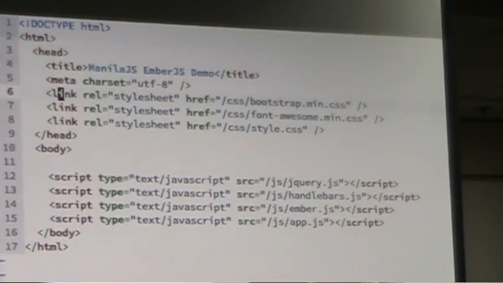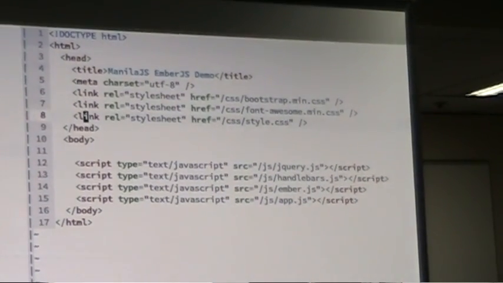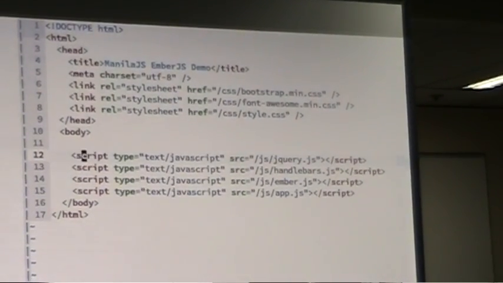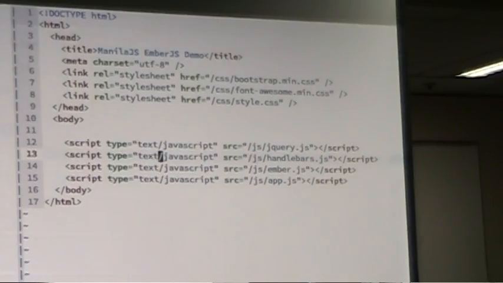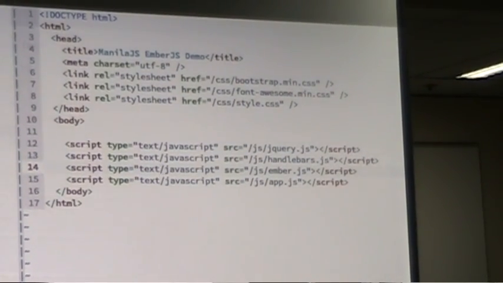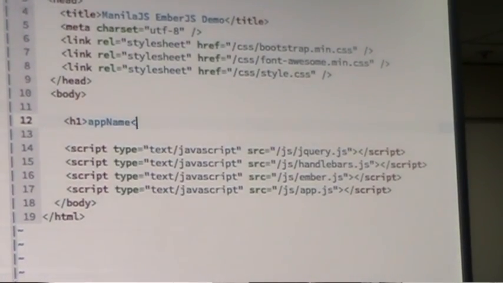So first off, we have a starter kit HTML file. So Bootstrap, the Font Awesome library, and a basic style sheet. For Ember, it requires two libraries. First is jQuery. Second is Handlebars, which is the templating engine, and the Ember.js library, and our app. So let's start off with Ember. So Ember is mostly HTML. So if you have, let's say, first our app name, this one needs to be enclosed in a